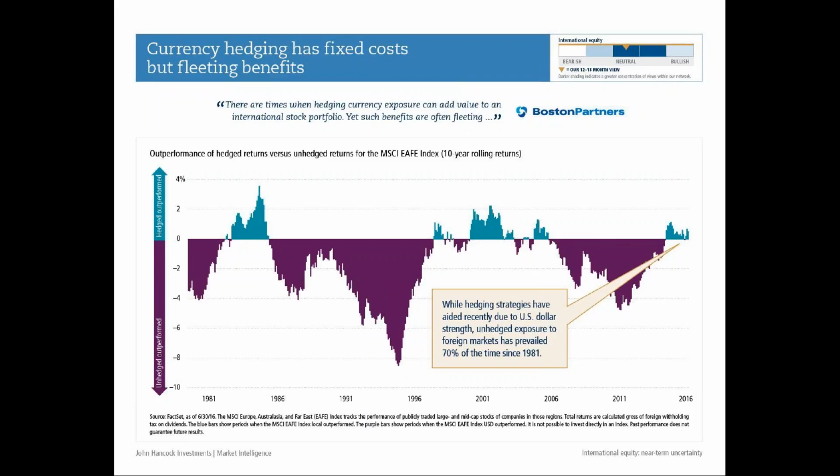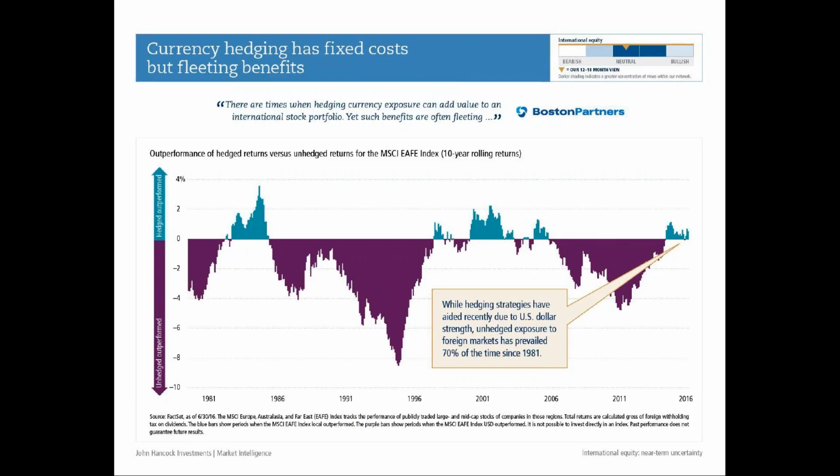If you unhedge it, which would be the bottom part of this chart, there can be volatility. You can benefit or you can lose from the currency appreciating or depreciating relative to your currency, which would be ours of the US dollar. So what this shows is rolling 10-year data, meaning if you invested at any data point since the 1970s, it really goes all the way to the 1980s as endpoints. But there are periods where hedging your currency against the dollar has worked. So the light blue would be periods where it's working to be hedged.